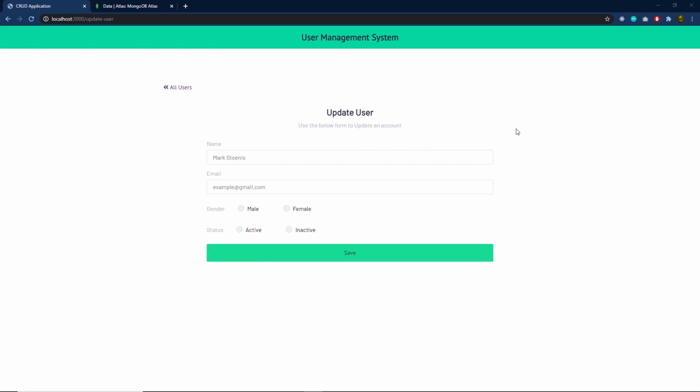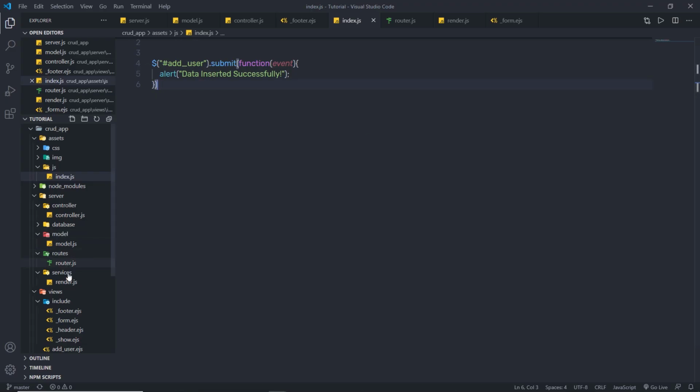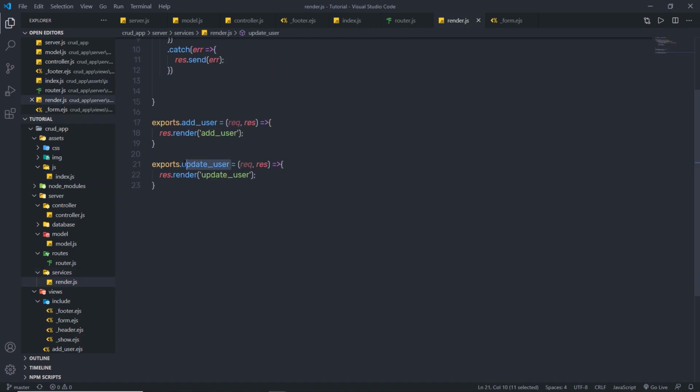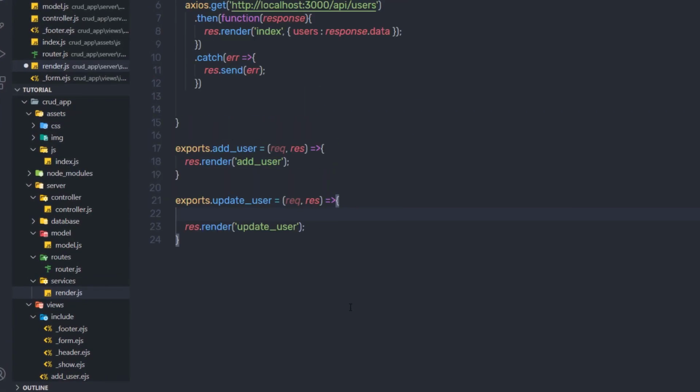So I'm going to just back to my editor and I'm going to open the render.js file. To this update user, I'm going to just render this update user template. But instead of just returning the update user, I'm going to return the data as well with this render method. I'm going to just make a request. So here I'm going to say